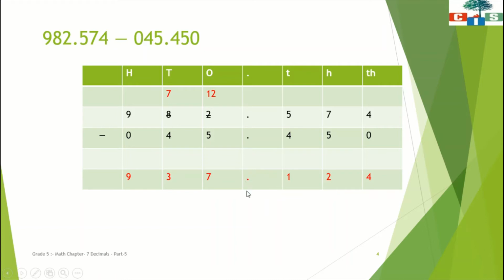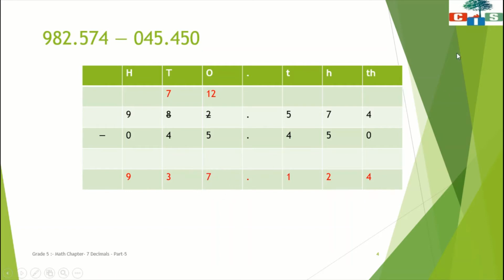Now we'll put the decimal point as it is, as just now I have told you that the position of the decimal point does not change when we add or subtract. Now we will do subtraction of this whole number part. Now see, 2 minus 5. So scholars, we know that we cannot subtract 5 from 2. So what we need to do? We need to do borrowing. So we'll borrow from 8. When I borrow from 8, 8 will be reduced by 1, that is 8 will become 7 and this 2 will become 12. Now easily I can subtract, that is 12 minus 5. When I subtract 5 from 12, I'll get the difference of 7.